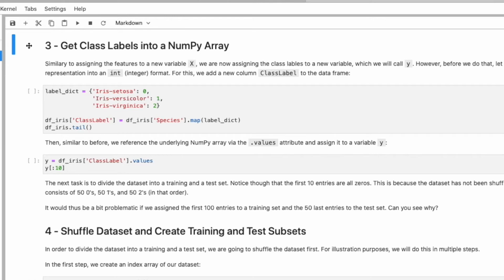Another traditional aspect of machine learning in Python is to have class labels as integers instead of strings. Nowadays, I think scikit-learn largely supports strings as class labels, but again, because I'm traditional, I'm also doing it the old way, converting the strings into integers for the class labels.